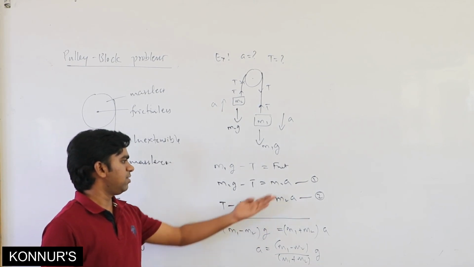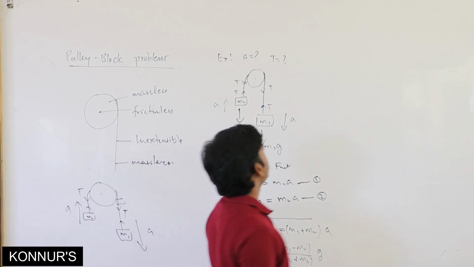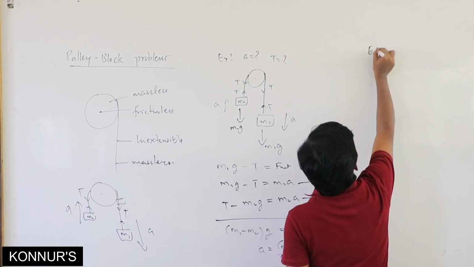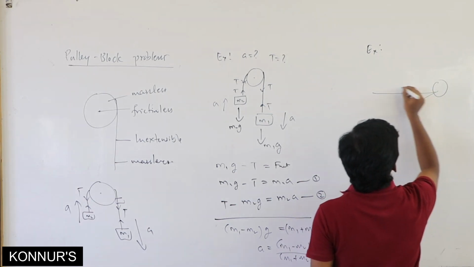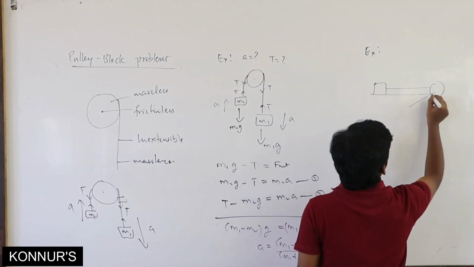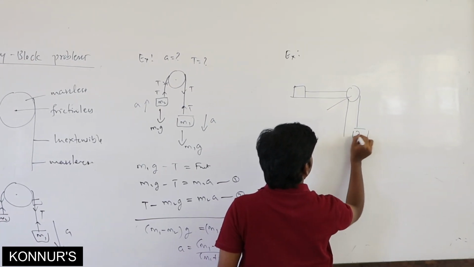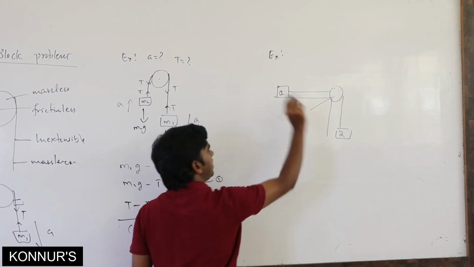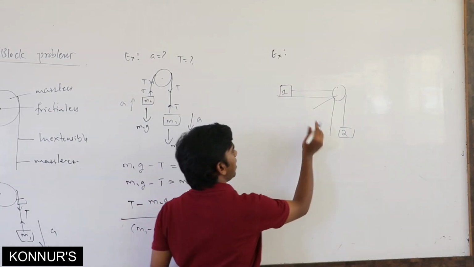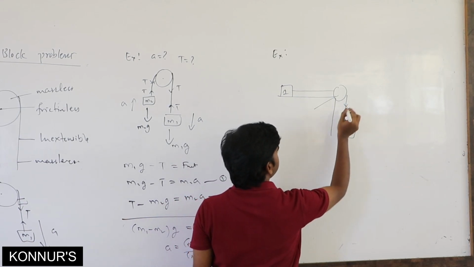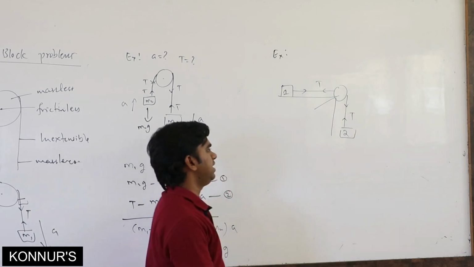We can substitute the value of acceleration, and again we will get tension. Like that we can solve the problems. Okay, so if I take an example, suppose a pulley is connected here, one mass is connected, and that mass is connected to another mass of 2 kg and this is of 1 kg. Obviously it will move in the downward direction because of more mass. So tension will generate here, tension will generate here. If this is T, this is also going to be T.